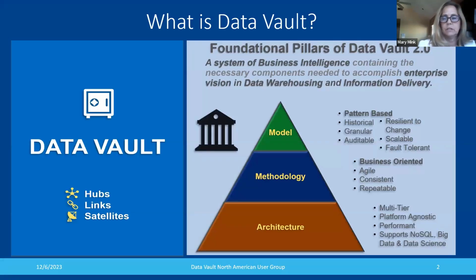Okay, so our mission at... we call ourselves DVNAUG. We started about 2 years ago, and we all had a common goal, which was to form awareness in the North American area about the benefits of adopting Data Vault for your information platform. And ironically, the author of Data Vault is an American, but we haven't adopted it at the same pace as in Europe and in Australia and other places. We formed this group because it's just about awareness and letting people know that it is an option